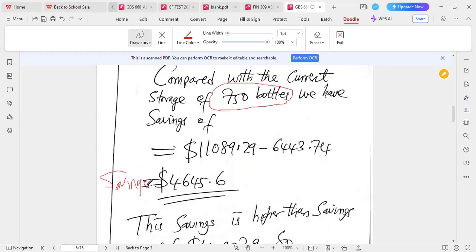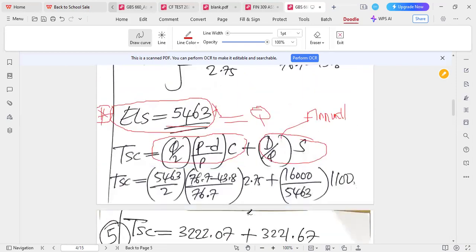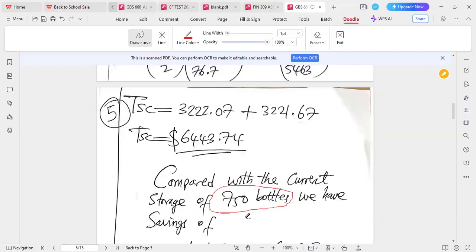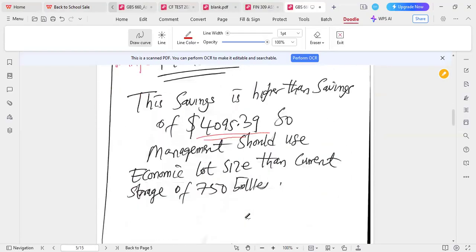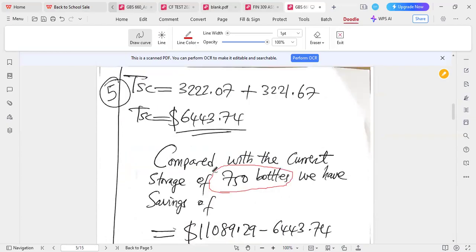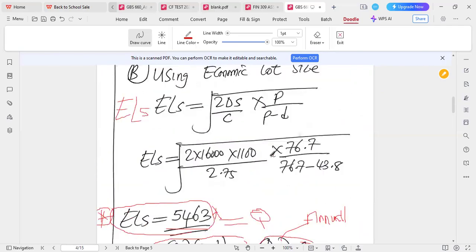And the savings that we have found here is higher than the savings of 4,095.39 that we found earlier, meaning that management should use the economic lot size rather than the current storage of 750 bottles, because the cost saving will be higher if you are to use the economic production size. The p is our